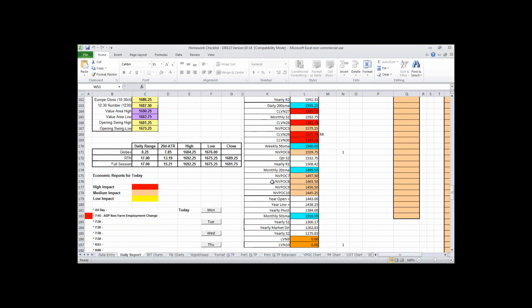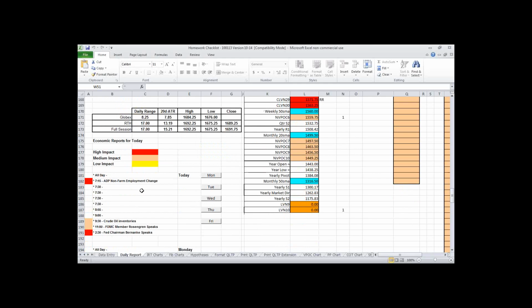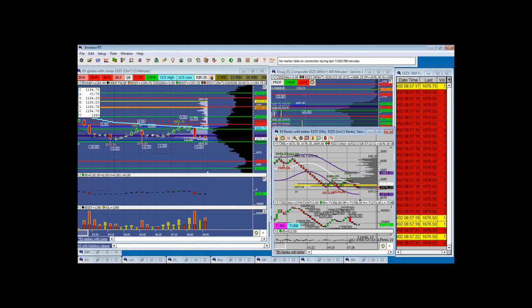So let's take a quick look at the news. We had ADP non-farm, which really didn't do much for the market. We've got crude inventories, we've got FOMC members speaking, and we've got Bernanke speaking this afternoon. So it should be an interesting day, especially with, remember, October the 17th is the debt ceiling, and the debt ceiling is 16.7 trillion, and our government, your government, is shut down. The market thought it was a good thing yesterday and rallied, but there's going to be lots of headline risk, so be careful and keep it tight.